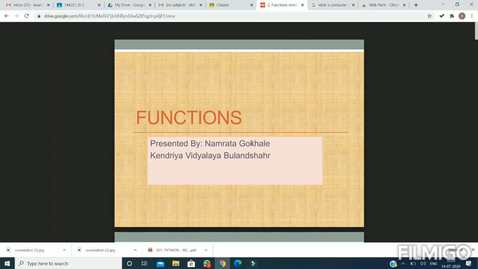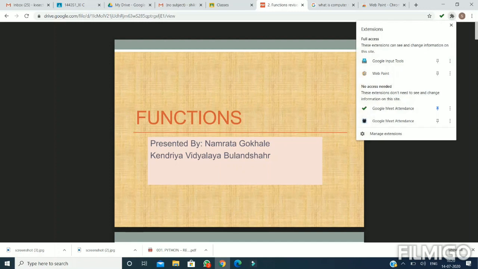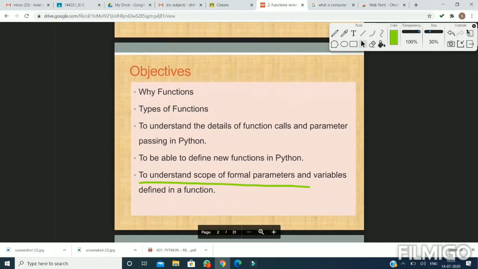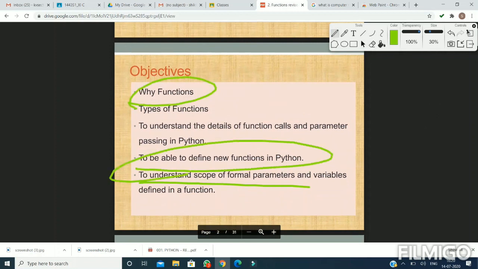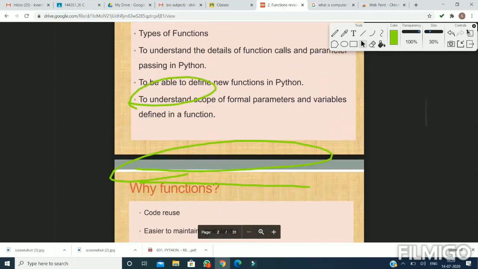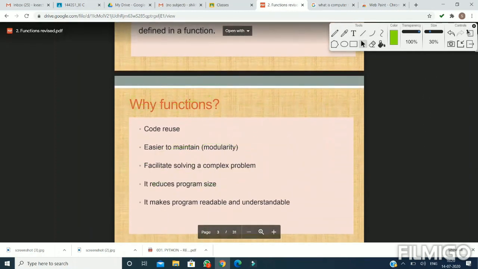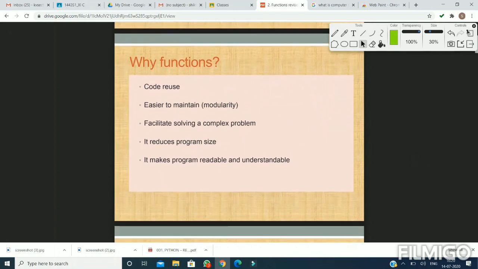I want to use the annotation here. Then I will click on the web paint. This is available, the pencil. Now I can write. To go downward, I will click on select. Again pencil. Now I can highlight the text as I want. To go to the next page, I have to remove the previous annotation. I will click on erase all. Again, I will click on the pen and I will use the annotation.